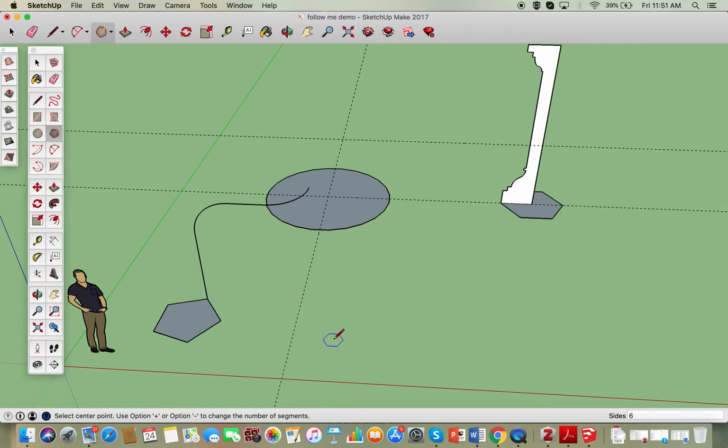tool I can start drawing a polygon and then I can use the Option plus or Option minus to add more sides. Okay, so you can do any sides of a polygon there just by Option key and plus or minus while you're in the middle of drawing your polygon. Okay, escape. Alright, so now I wanted to show you how you can use the Follow Me tool to do